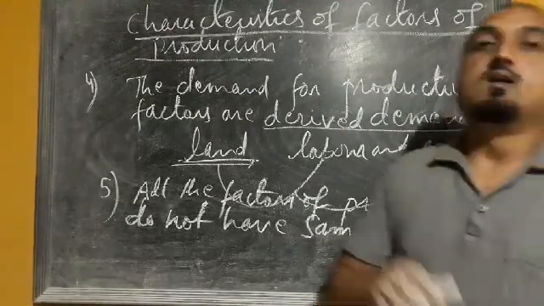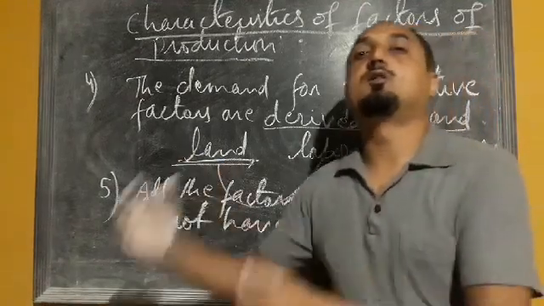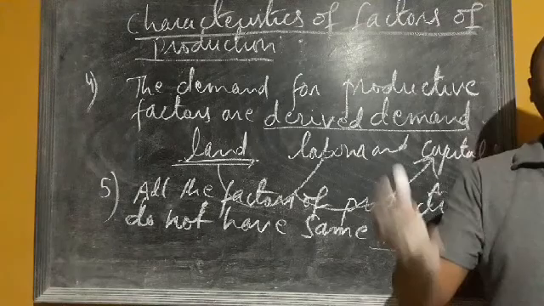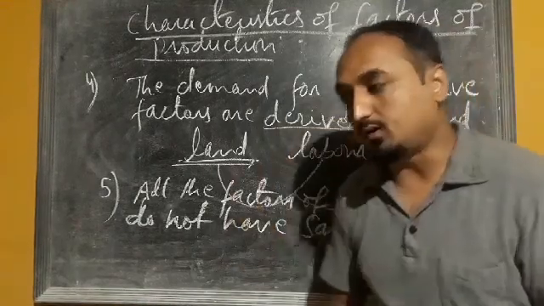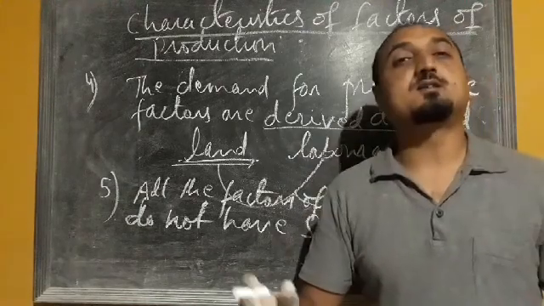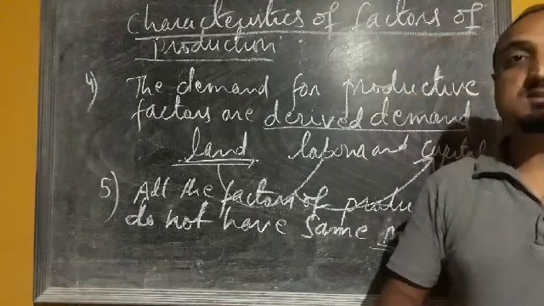Mobility means the factors of production that can be easily shifted from one place to another place, or the factors of production it can be easily employed from one job to another job. So that concept is called mobility. Okay, so all the factors of production are not equally mobile. I'll give you example. In the case of this land